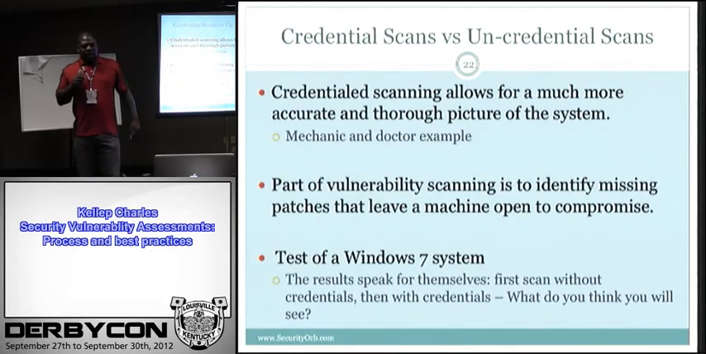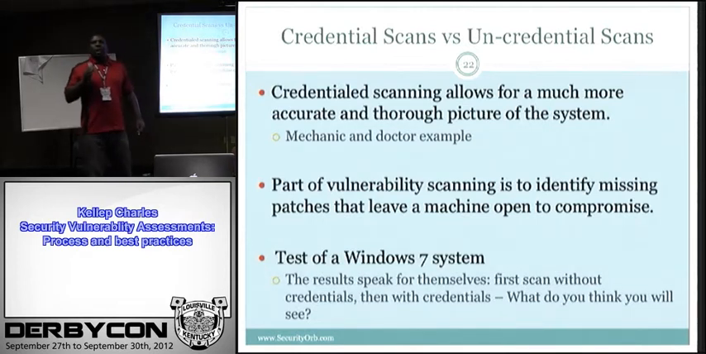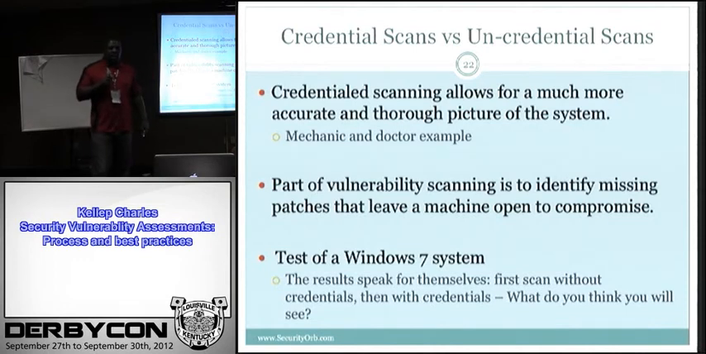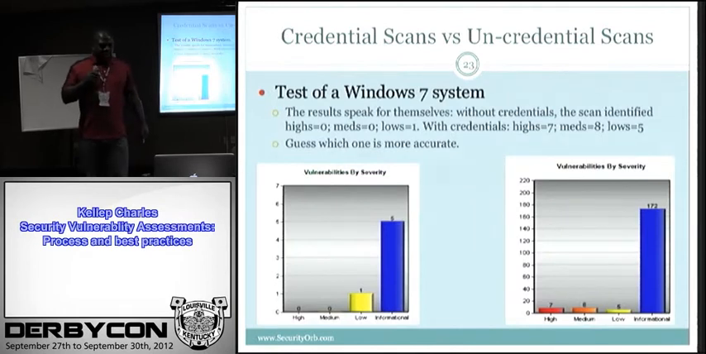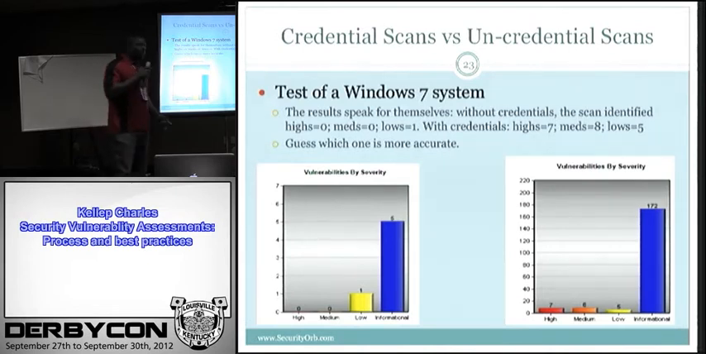So before I came here, I ran a quick little test. As I stated earlier, most systems have anywhere from 20 to 30 applications on them, but this particular test was done with a clean vanilla Windows 7 install. Basically, I did an initial scan without credentials, then I followed up with credentials. The result was, on the initial scan, 0 highs, 0 mediums, 1 low, and 5 informational. And 2 minutes later, when I ran the credentialed scan, it came up with 7 highs, 8 mediums, 5 lows, and